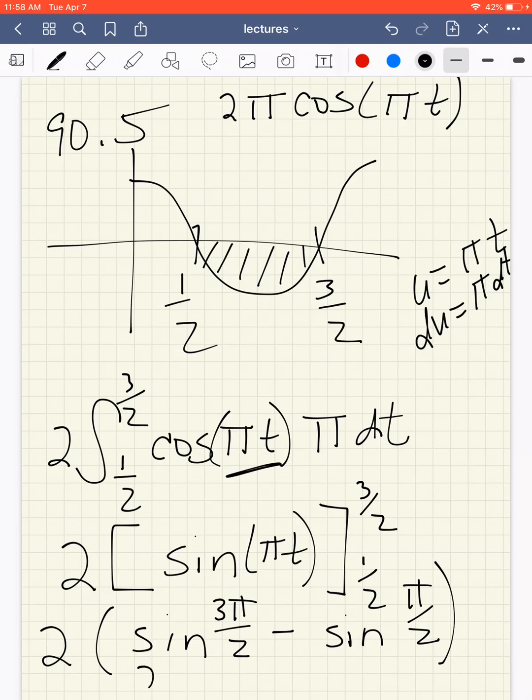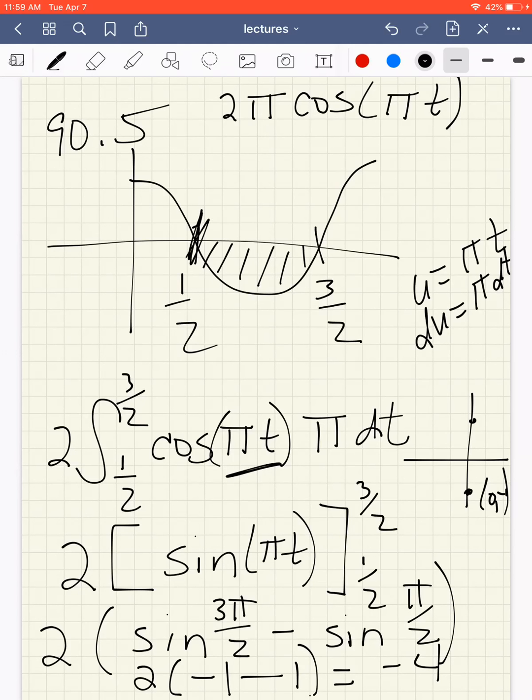And so that's going to be 2 times, let's see, sine of 3 pi over 2, that's down here, so that's a -1, minus the sine of pi over 2 is a +1. So then we get 2 times -2, which is -4. So that means it moves 4 units to the left between time is 1/2 and time